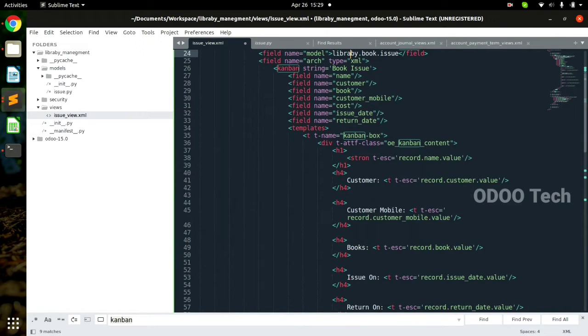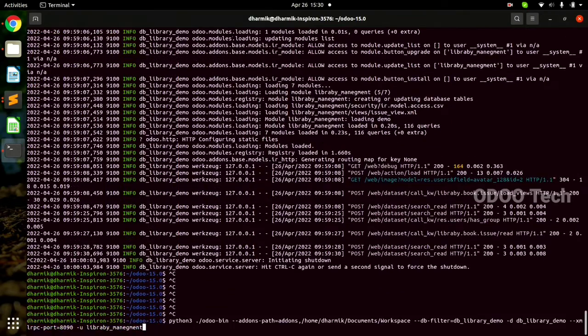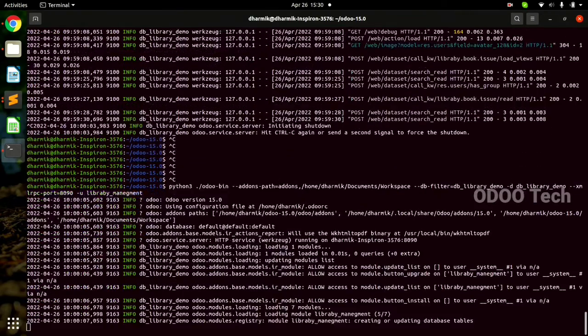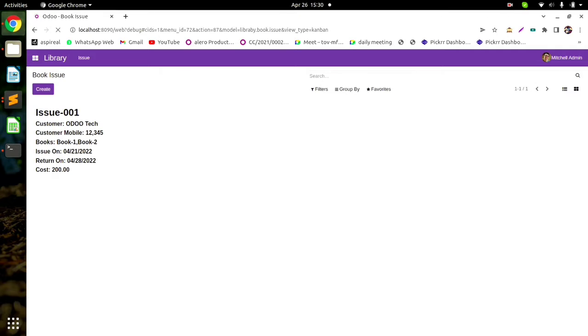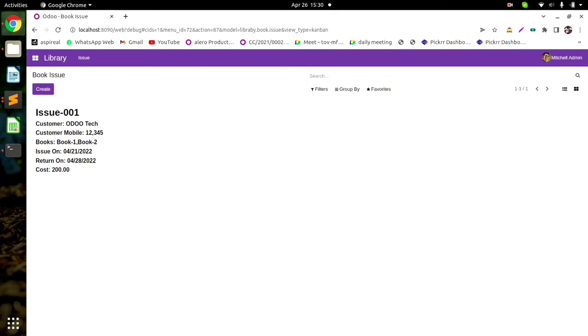Here we defined a class. After that I'll define the clickable. Okay, we save this, upgrade the module because the XML changes are there, and refresh it again. As you can see, if I'm hovering over it, my mouse cursor changes. If I click it, the form view is opening. Okay,